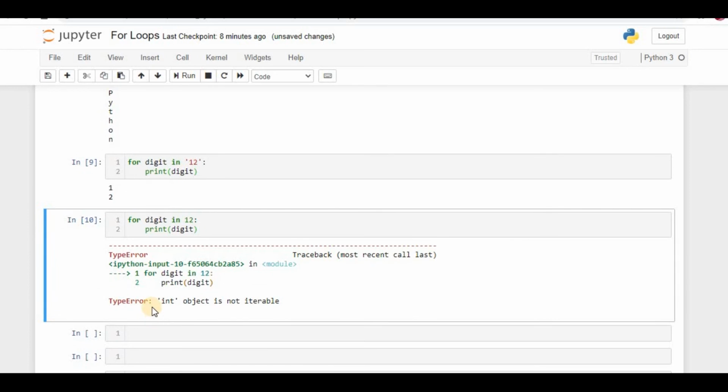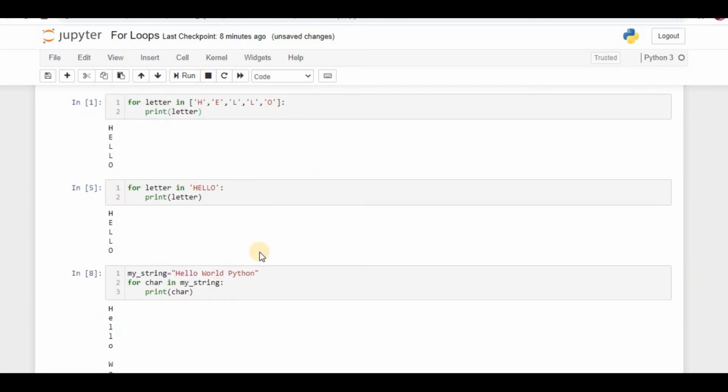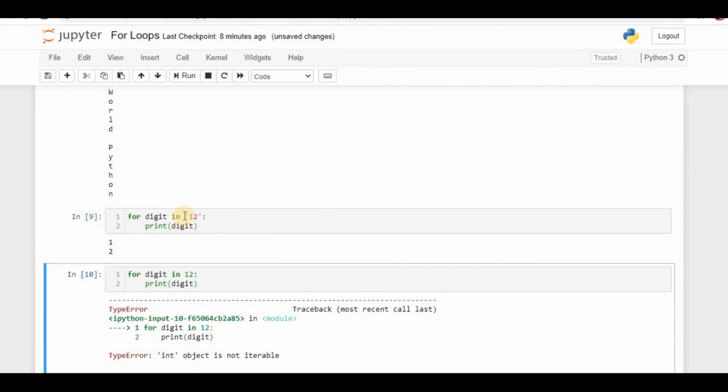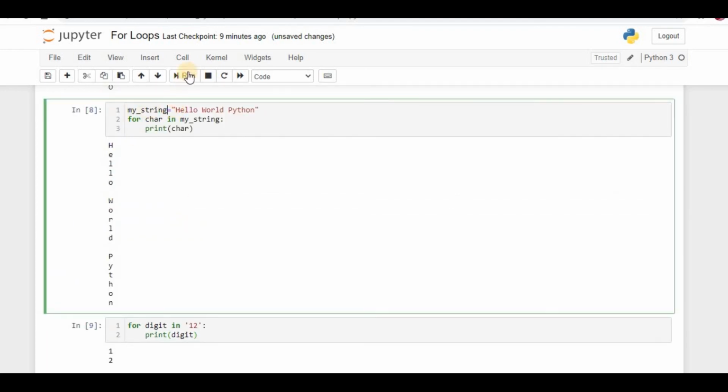See here we got an error, and the error is int object is not iterable. Okay, so here Python is very clearly saying that integer objects are not iterable. Till now, what we gave, objects which will be in the for loops need to be iterable. We just gave strings, words and characters, and that too in quotations, and Python is considering this as a string, so that is the reason Python is giving iterations.